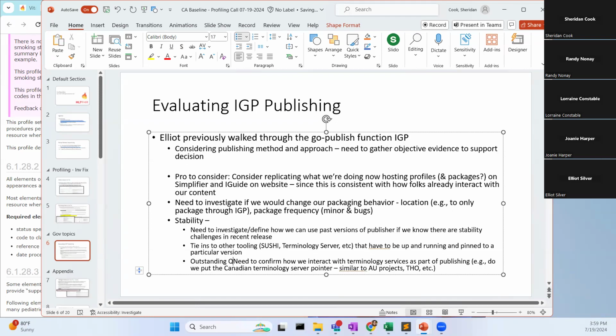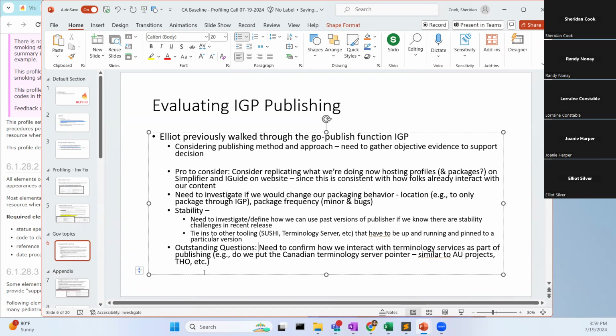How else do we get at other questions? Because to be honest, having not gone through a project where we have to do this end to end through IG Publisher, I don't know what I don't know. So how do we get at what the end-to-end process is and the things we would need to answer in order to make this happen? Because we have a bit of a runway now, but I don't want to leave it to the last minute.